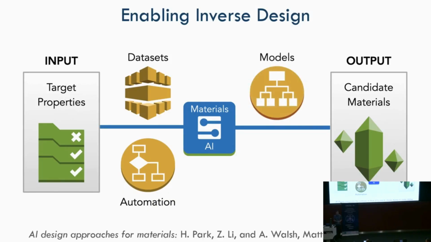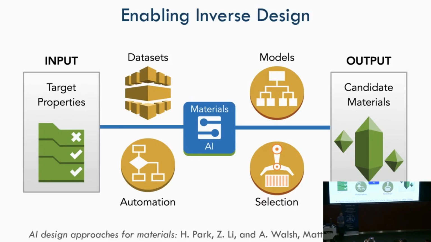We need models, so the connections between the variables in this case. So how does composition connect with structure and connect with processing, connect with properties? And then we need some type of selection algorithm. So in simple cases, it could be Bayesian optimization, if you have a small number of variables that you want to optimize against. But these days, often it's some flavor of genetic algorithms or reinforcement learning, that you have some reward that you want to optimize against and move closer and closer. So it's not really a one-shot prediction, but it's sort of an exploration campaign in order to give you the targets at the end.